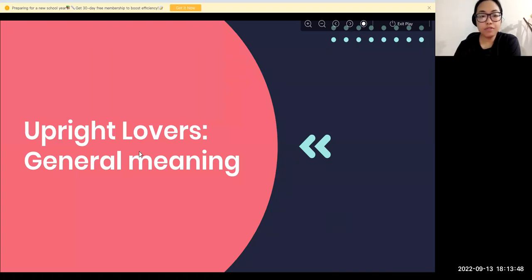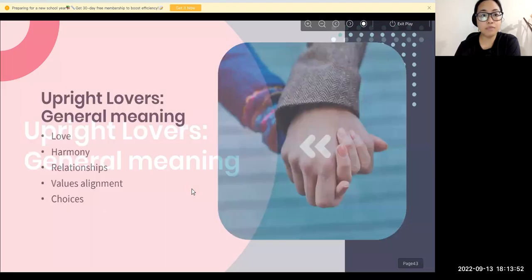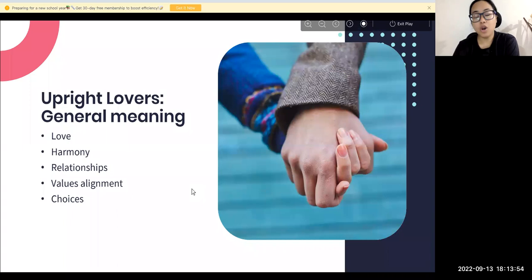So if the Lovers card is coming in the general meaning, like you're doing a card of the day, or a general reading, then what does it mean, right? If you now know the symbolism of the card, what does it mean? Lovers card means love. Lovers card means harmony. Lovers card means relationship. That means there is a chance that you might meet someone and you can be in a relationship.